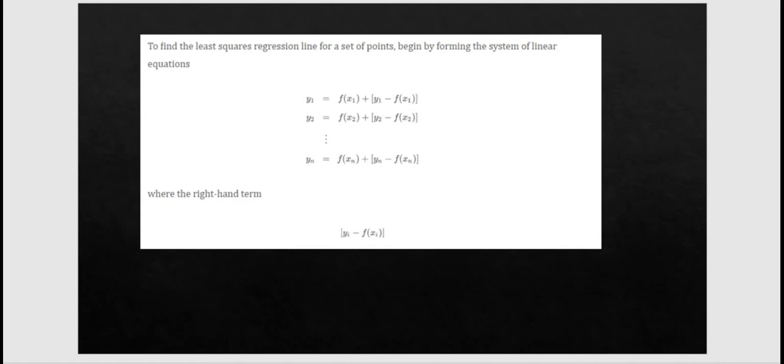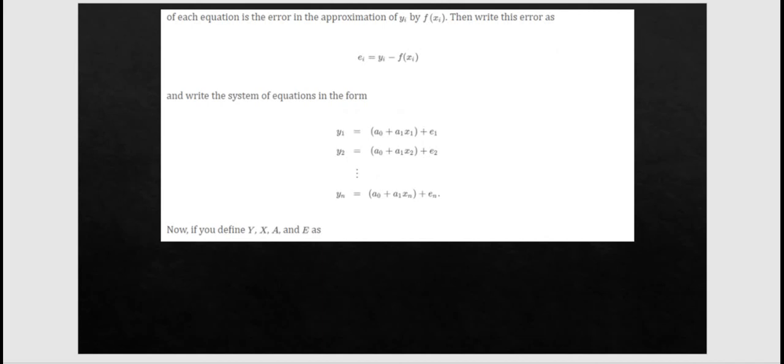To find the least squares regression line for a set of points, begin by forming the system of linear equations. If we're given n points, then we find n of these y sub i's, where the right hand term of each equation is the error in the approximation of y sub i by f of x sub i. Then write this error as e sub i is equal to y sub i minus f of x sub i,